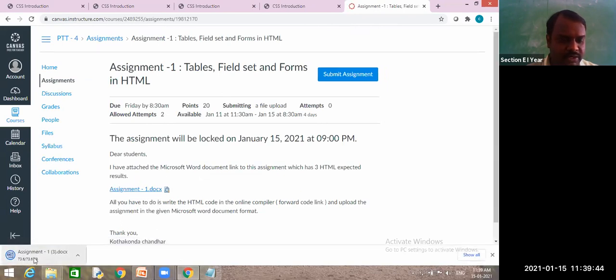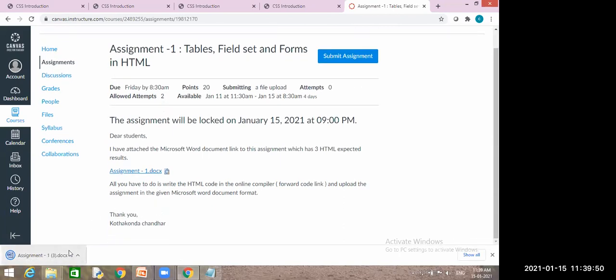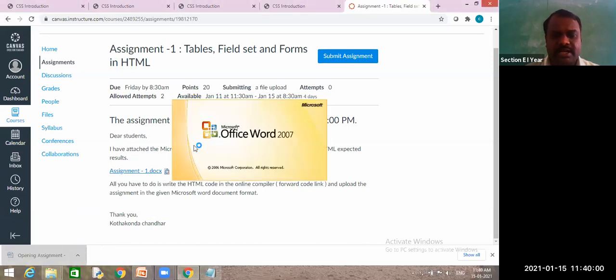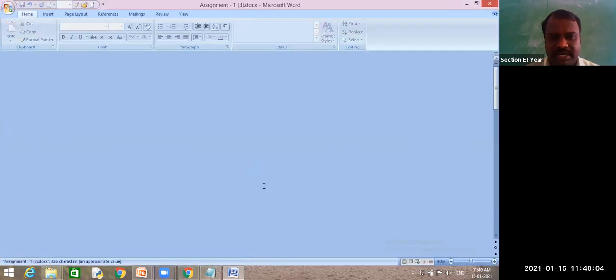Can you see this download tab here? Yes, sir. Just open this one. Next, I asked you to create one GDB link and paste it over here.